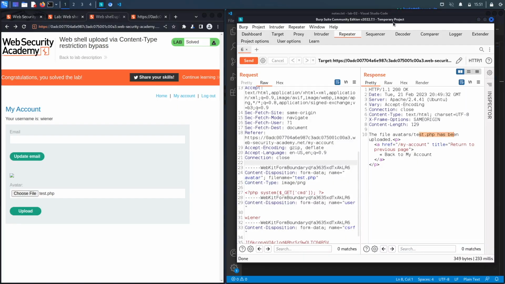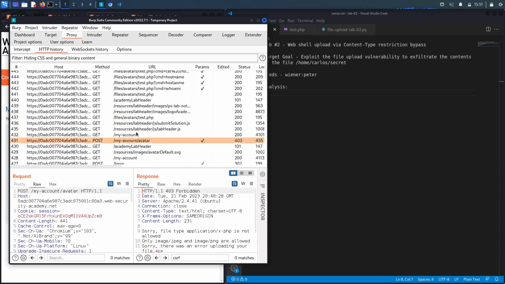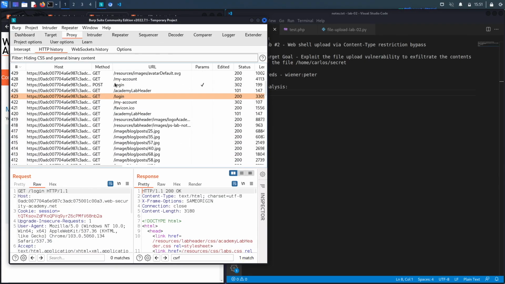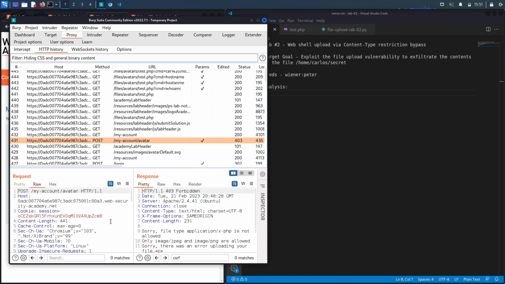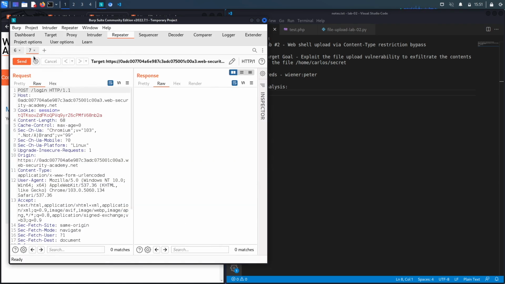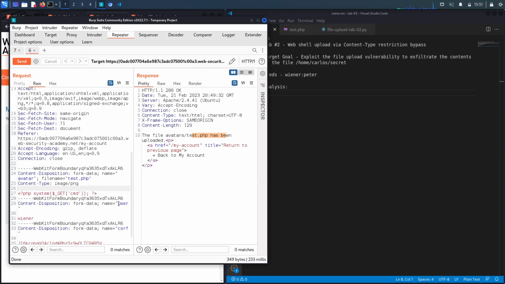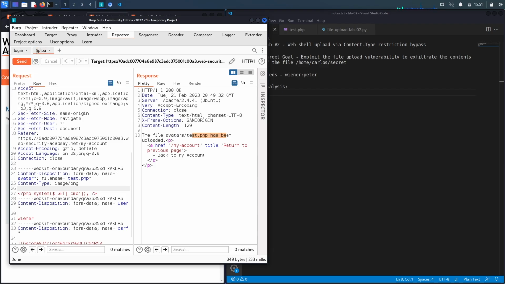Okay, so before we do that, let's send all the requests that we need to perform in our Python script. So the first one was the login request, which is this one right over here. Let's send that to repeater. And then we uploaded the avatar, which was this one over here. Now in this one, it was a 403 forbidden because the content type was PHP. If we go back to repeater over here, and we look at this request over here, you could see that we changed it to image PNG, and so it worked. So let's call this one login, this one upload avatar, and then we need to retrieve the avatar,